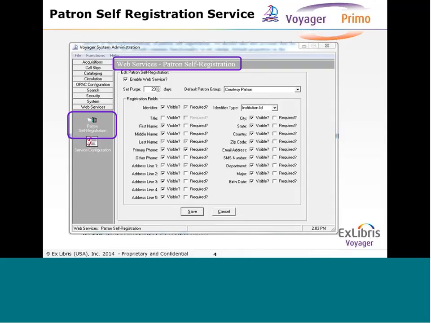There is only one default patron group that can be set through this feature. You'll have an opportunity as you confirm registrations and circulation to change that patron group, but through the web they can only set a default patron group here. Then you are allowed to establish registration fields